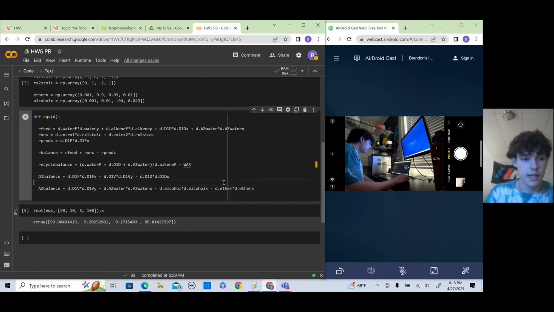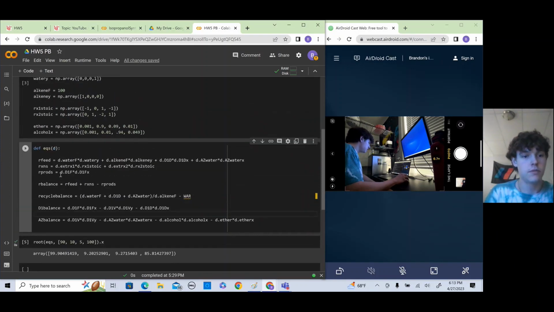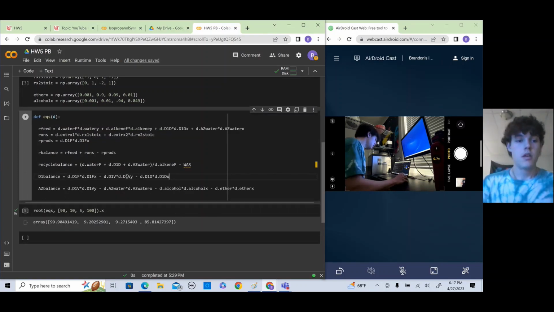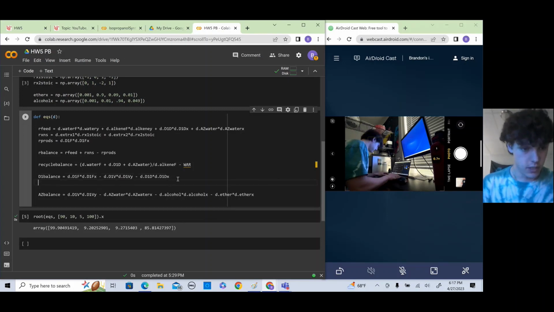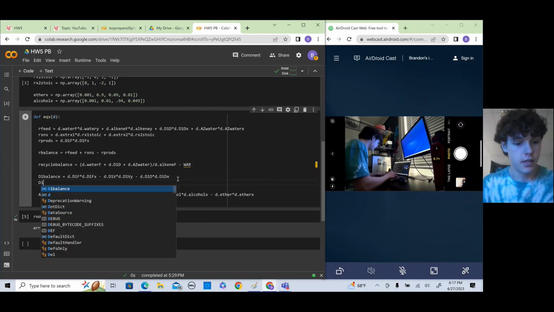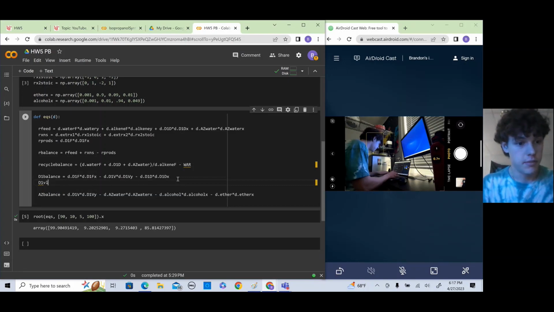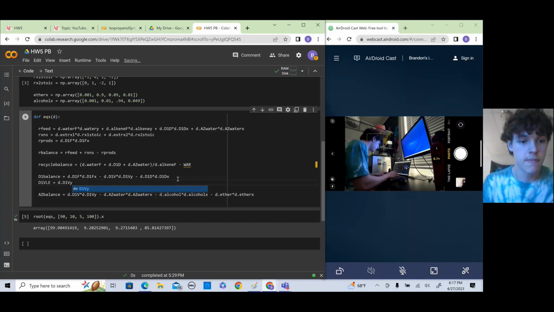So that should be all we need in terms of our equations. And next we can move on to defining our unknowns and specifying some things. Before we move on, we need to get our equation for vapor-liquid equilibrium, which would be equal to our D1 y divided by our D dot D1 y divided by D dot D1